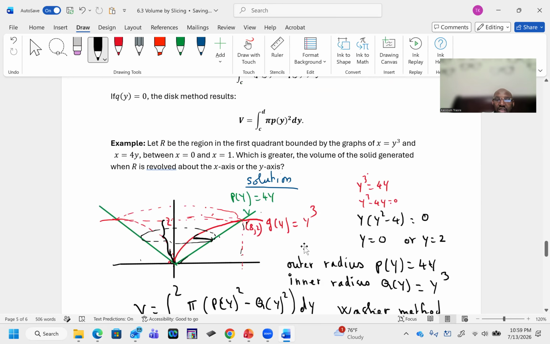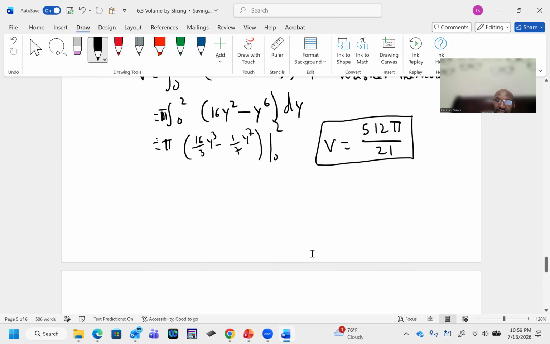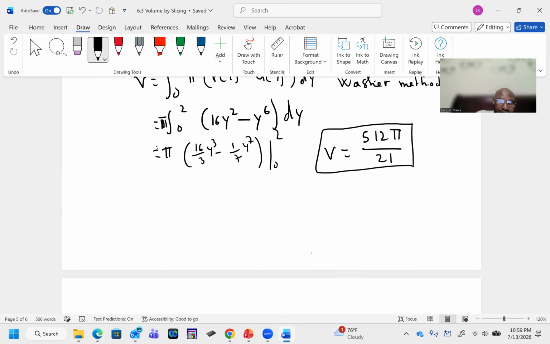So now, when it's revolved about the x-axis, when R is revolved about the x-axis, first and foremost,